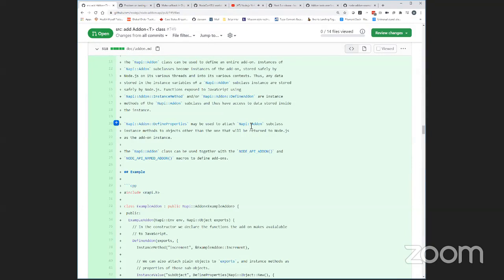It's an instance of an add-on, and your init is just a factory. In fact, I wrote a macro where you just give it the class name, saying this is my add-on. This is the name of the class that represents my add-on, and it will instantiate it for you. And you can nicely and cleanly, like you do with define class in object wrap, there is define add-on for add-ons, which does all the decorating for you.